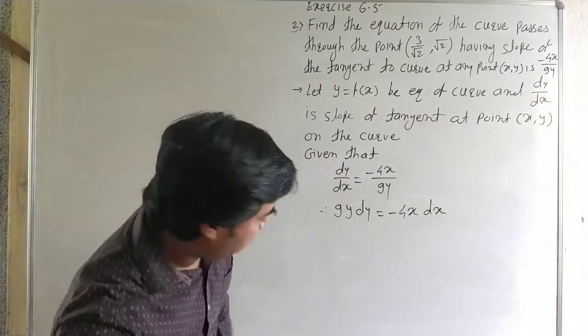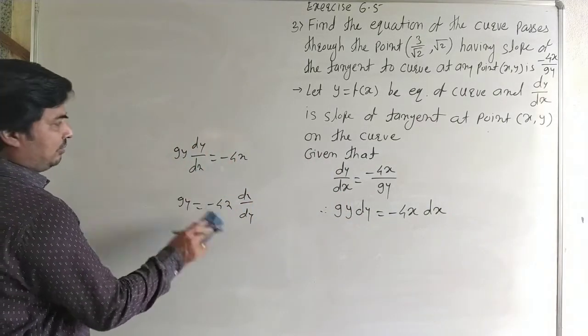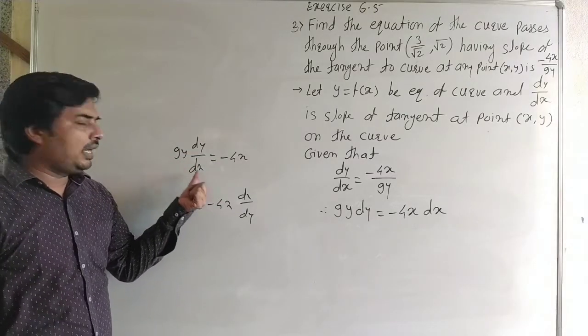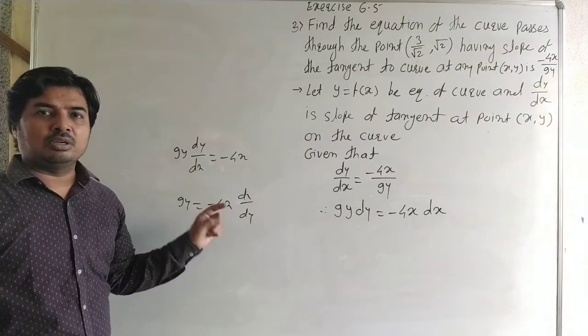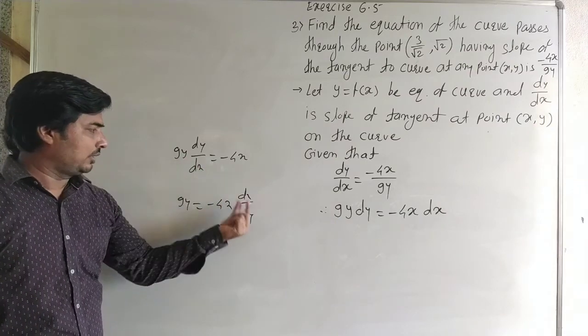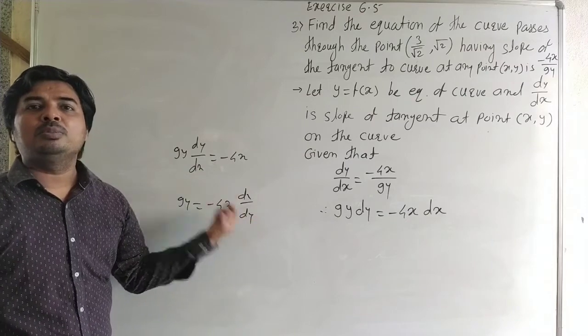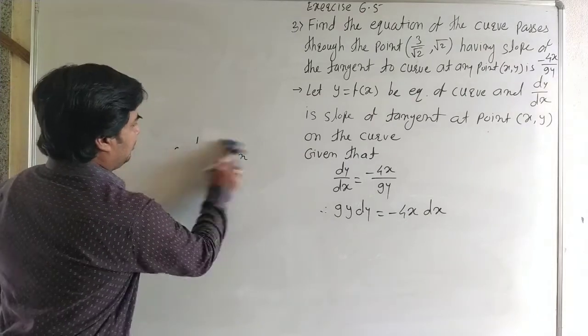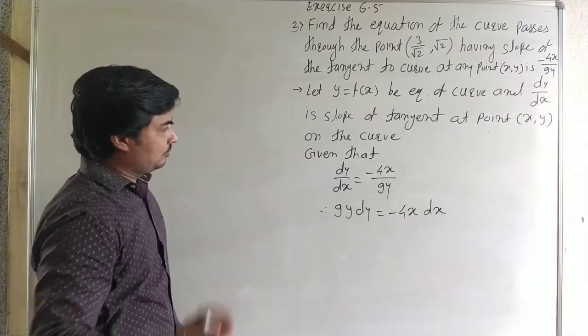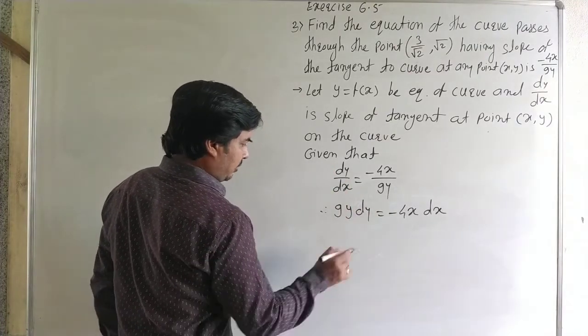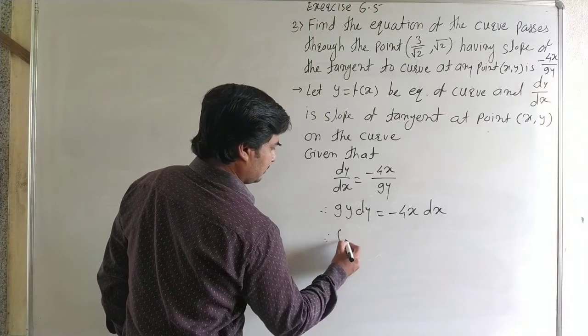Okay, now it is not a linear equation in y or x, because here the degree of y and dy by dx is 1, but both are multiplied together. The degree of dx and x is 1, but both are multiplied together. Therefore it is not a linear differential equation in x or y. Here the variables are separated. Now taking the integral on both sides